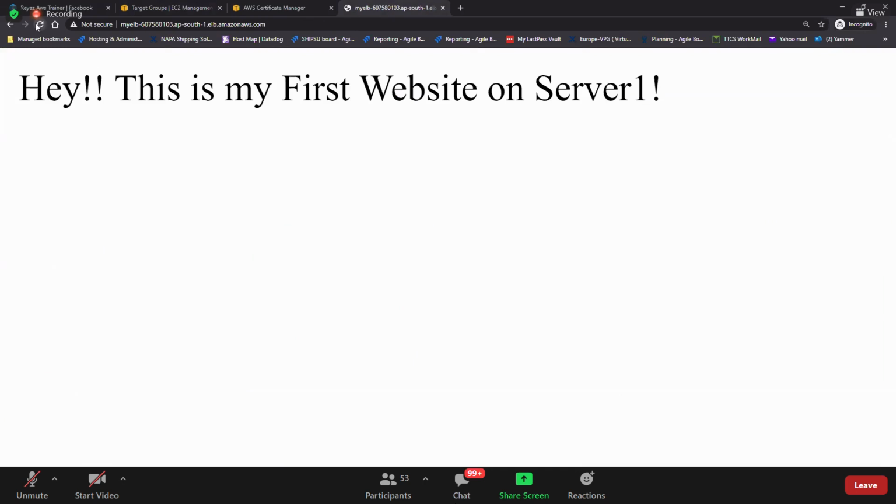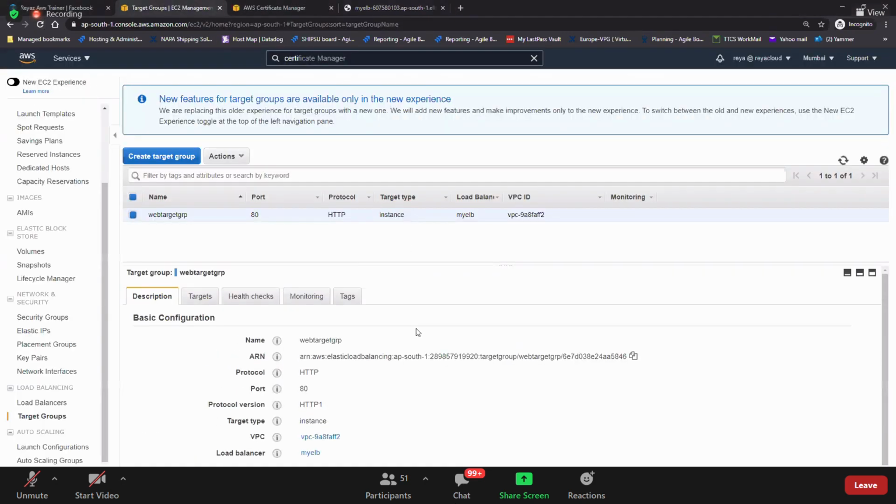1, 2, 1, 2, 1, 2. It should get stuck. Do you see that? It got stuck to server 2 now. This is called sticky sessions. If developers want requests to stick to a particular EC2 instance for some purpose, you can use the sticky sessions concept here. This will be valid for 30 seconds only. After 30 seconds, it will go back to server 1. These are all additional things that you can get here.